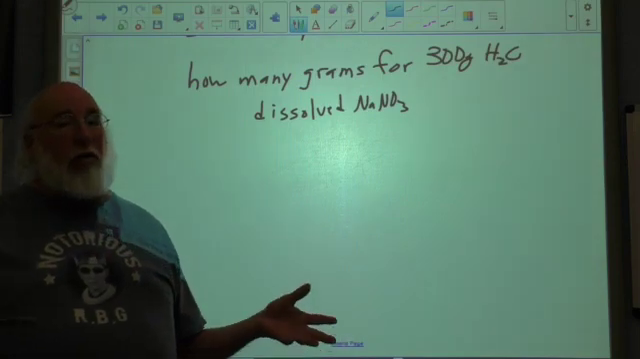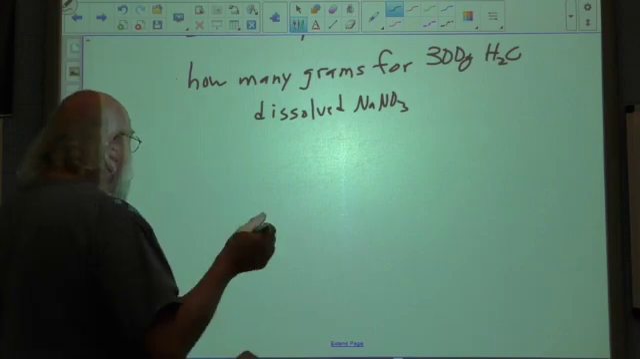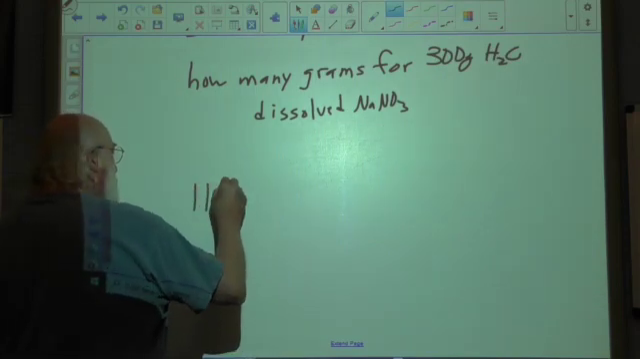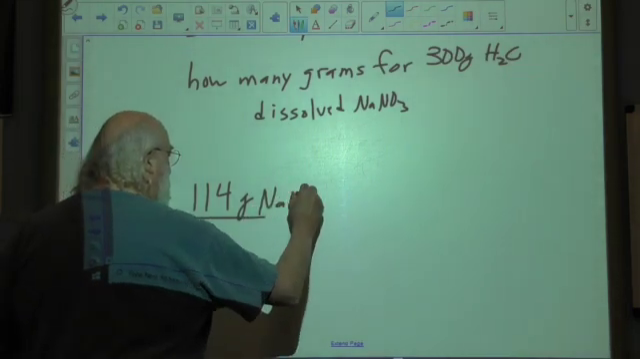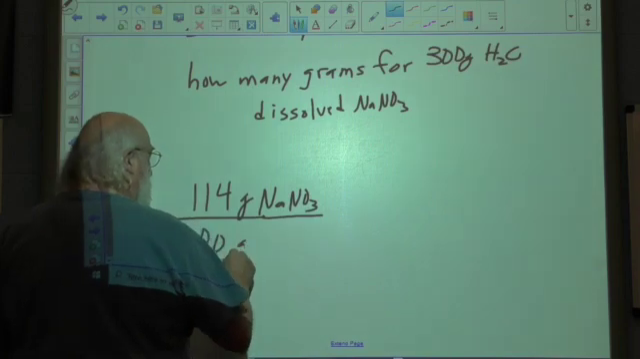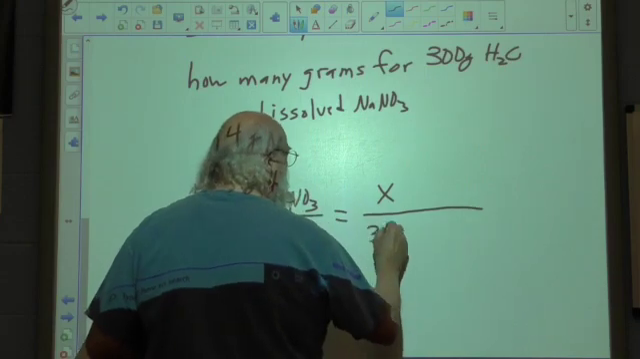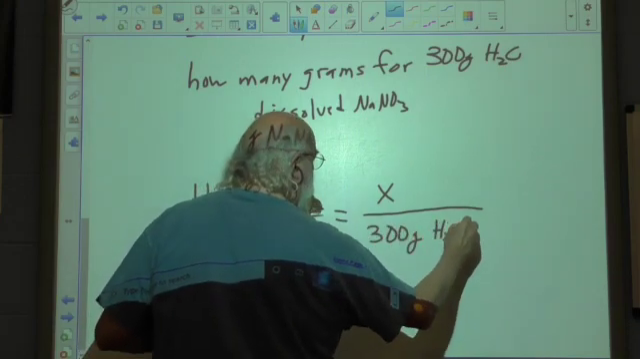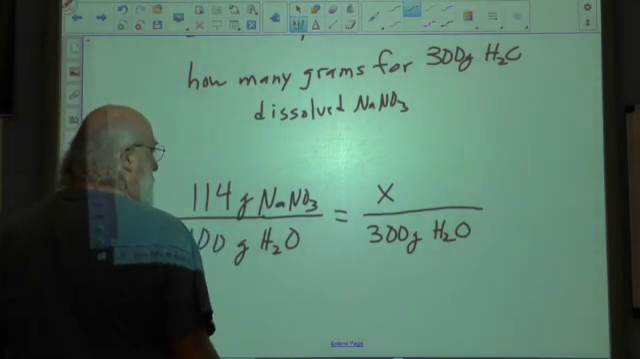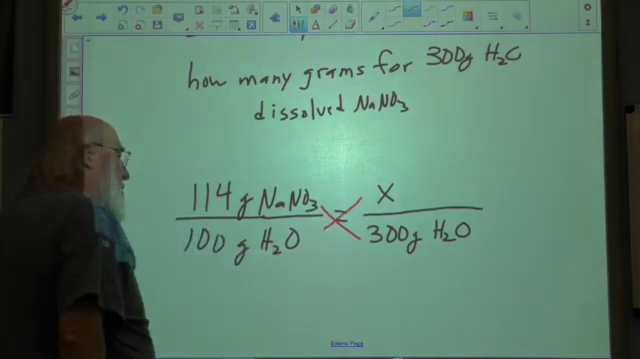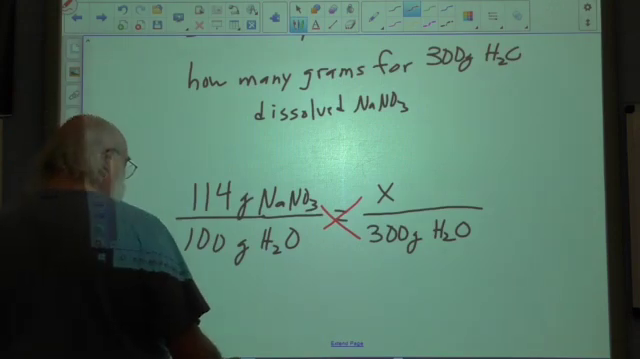And you may be able to figure this out just without doing any math on paper, but I still want you to show where this answer came from. And this is how I want you to do it. So we're going to take 114 grams of NaNO3 per 100 grams of water equals X over 300 grams of water. So we're going to make a little proportion out of this. And if you remember from your proportion work in middle school, we cross multiply this, and we've done this a bajillion times in Chem 1. So this is going to give you